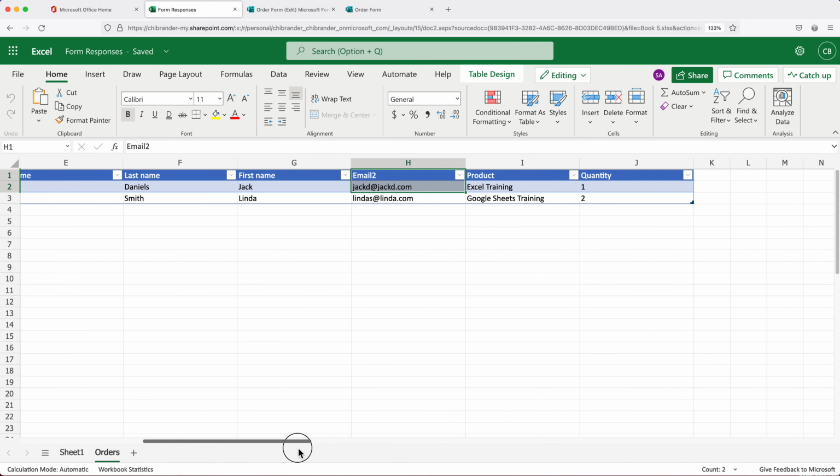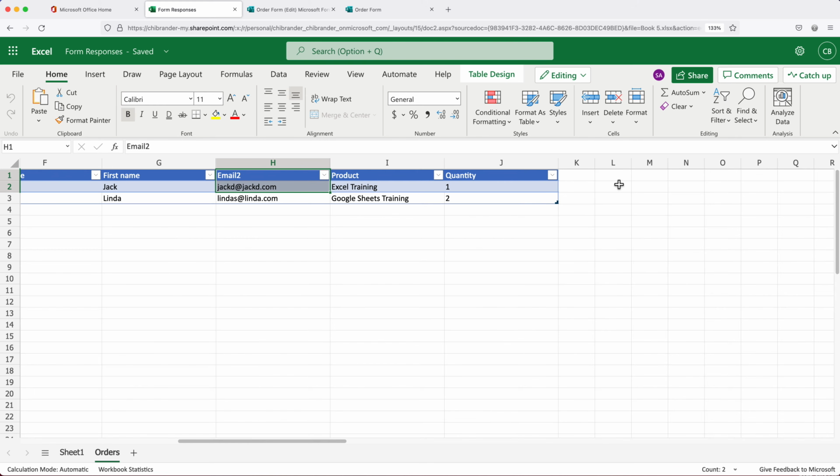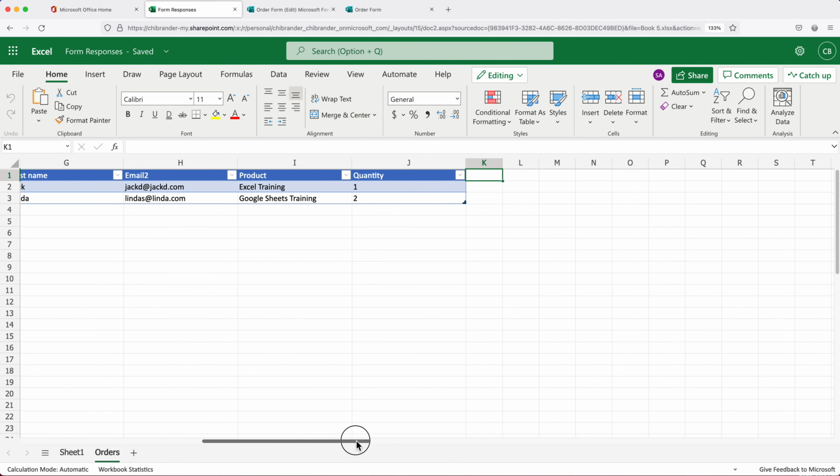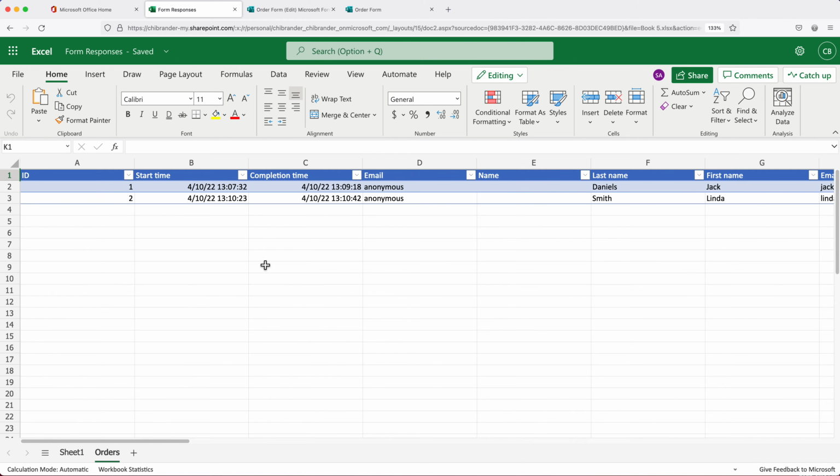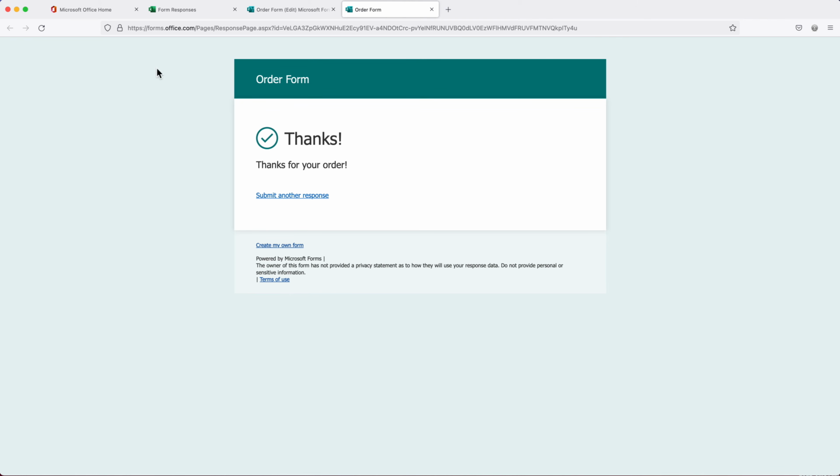In these tables, because these are Excel tables, you could actually do some formulas here next to this table. And because it's a table, it will automatically recalculate the next line. But in this video, I'm not going to worry about that. So we'll just leave it at this. So now we have the table that auto-completes as we add new information to that form using this Microsoft Form